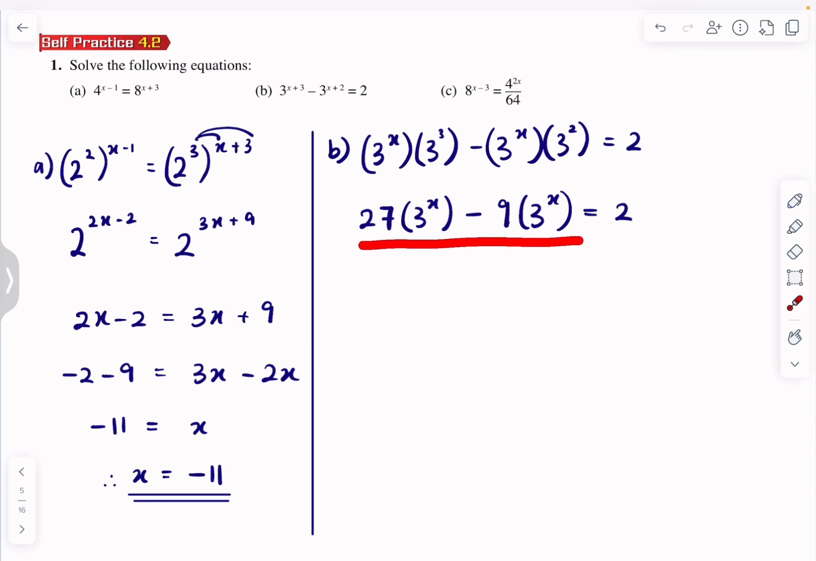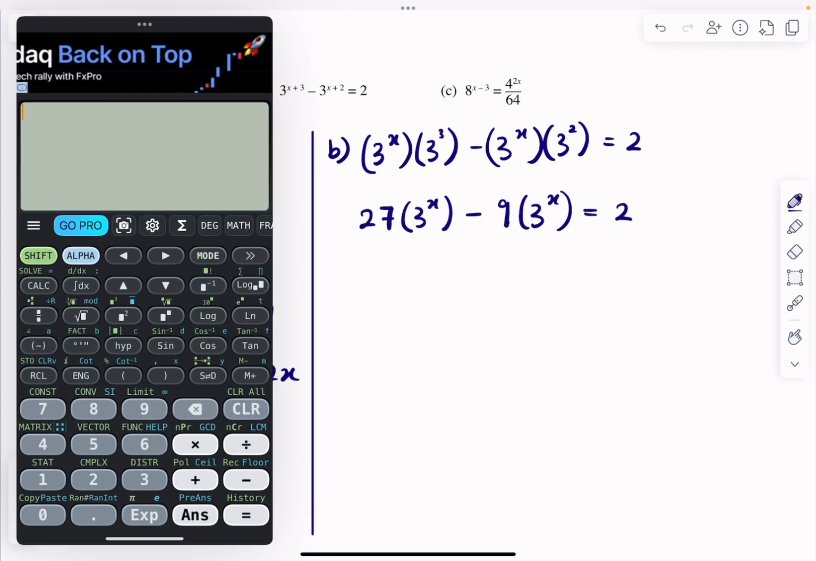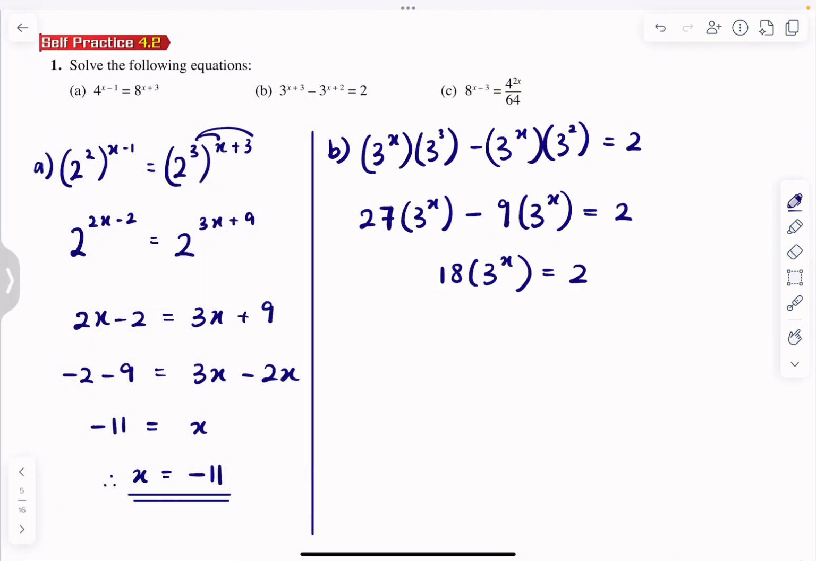So this we can simplify now. We have 27 oranges minus 9 oranges. So 27 minus 9, you get 18 oranges. So 18 times 3 power x equals to 2. Now this 18 we can move over here, become divide. So 3 power x is 2 over 18, which simplifies to 1 over 9,